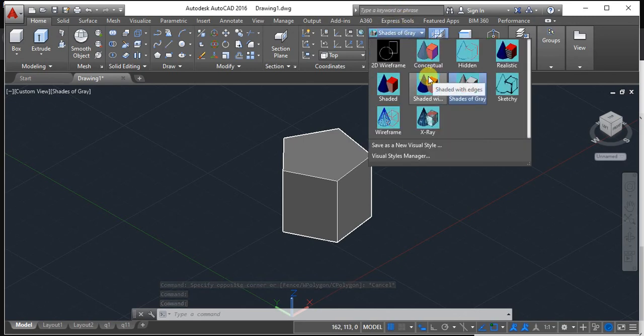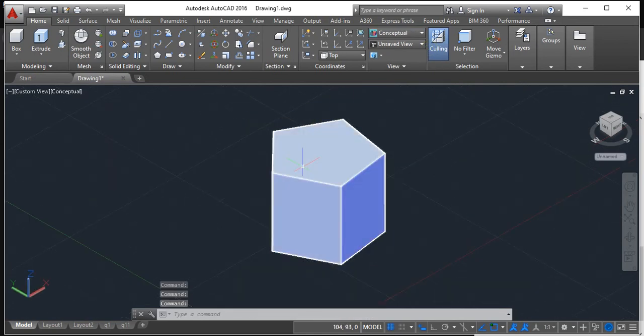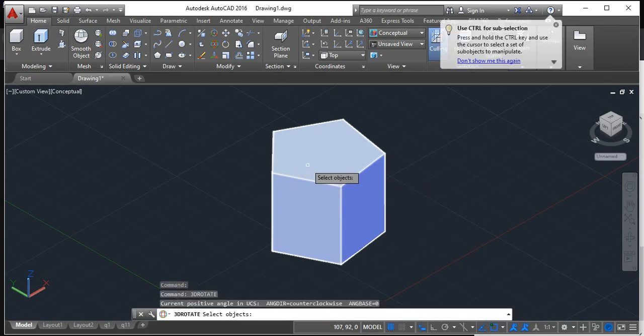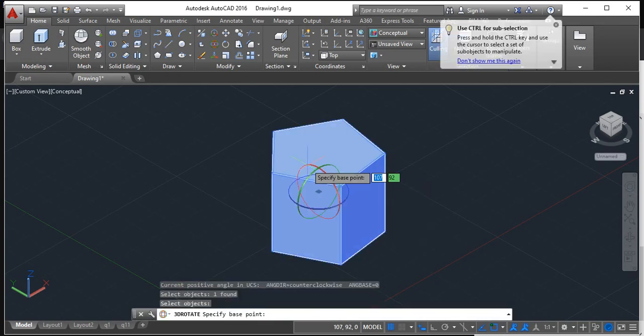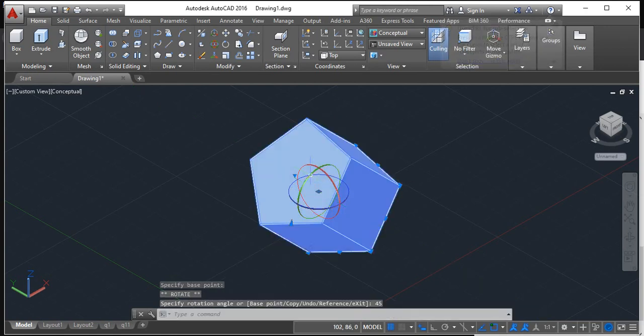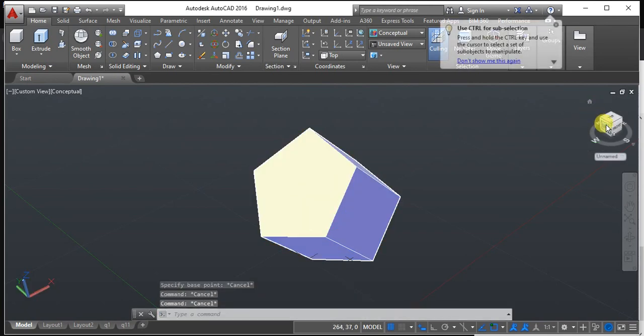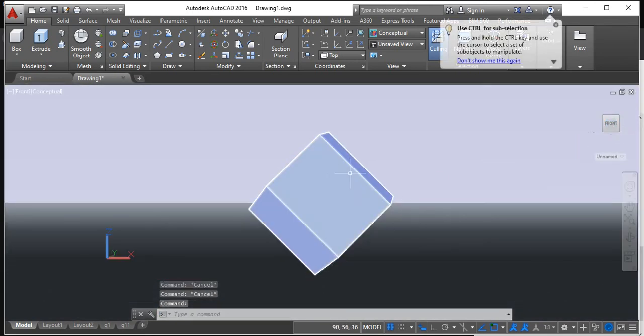Then you can do the same projection method. For example, if I want to rotate the prism with respect to the horizontal plane, use 3D rotate. Then select this object. Which ring do I have to select? The green one. It has to be rotated by 45 degrees. Now I got something which is rotated by 45 degrees, right? Now when you are looking in the front view, you can visualize that 45 degrees rotation.